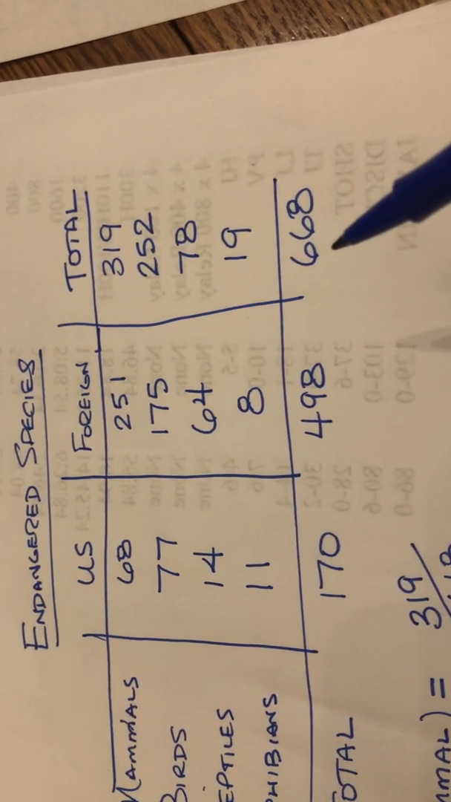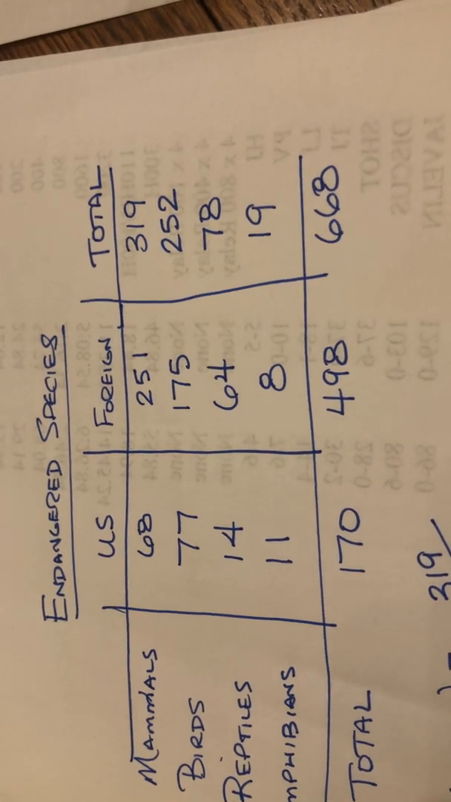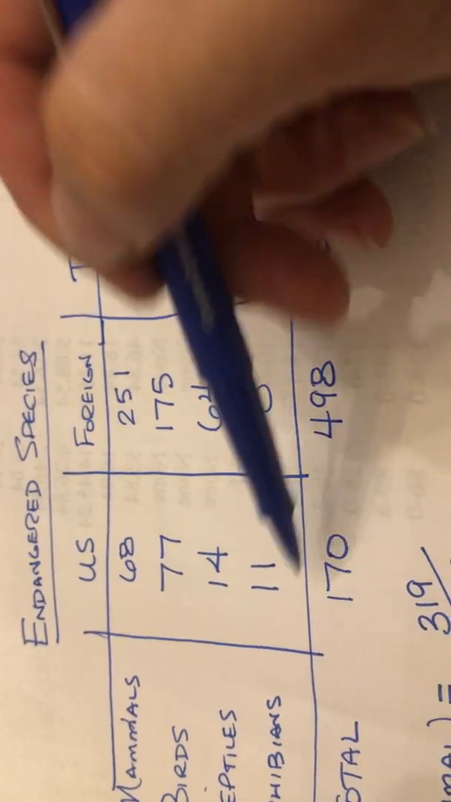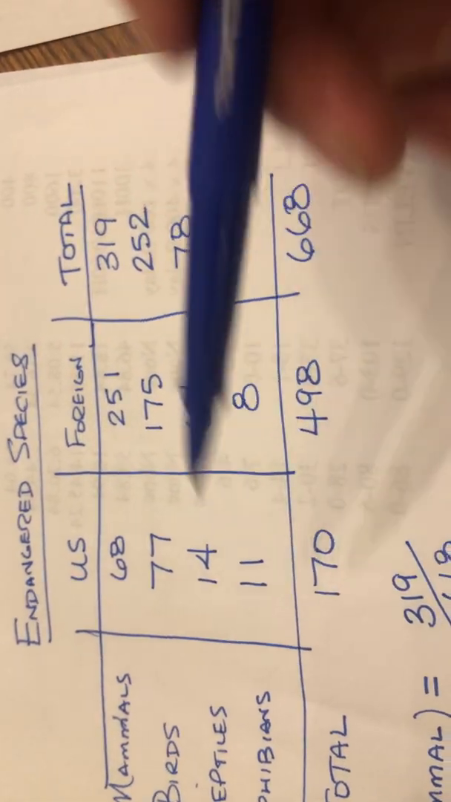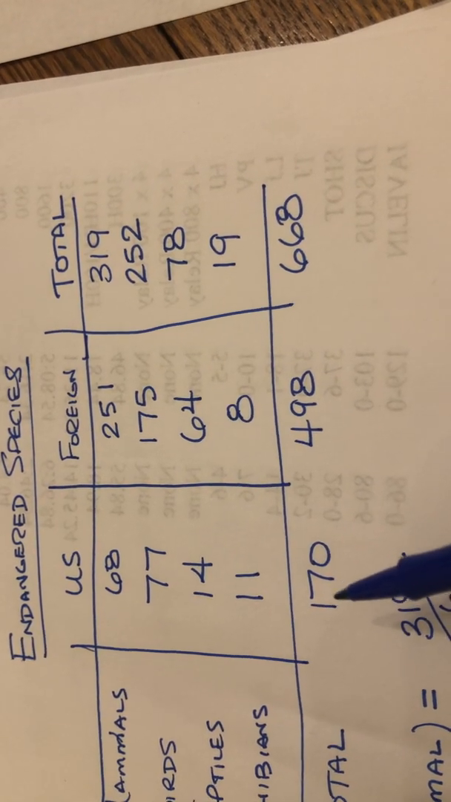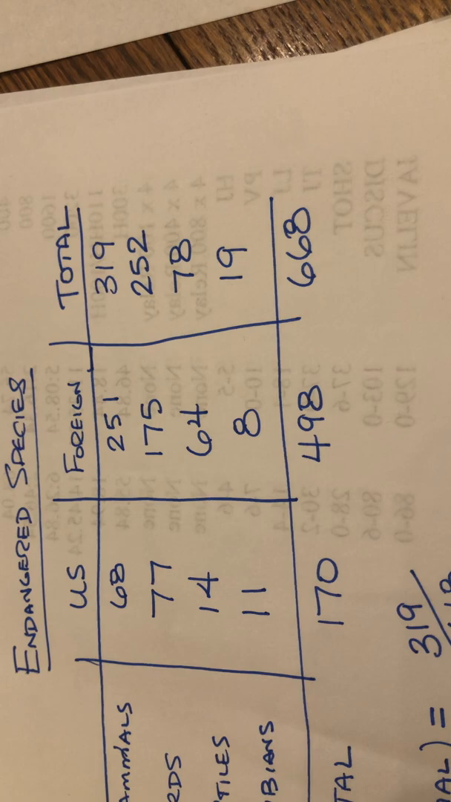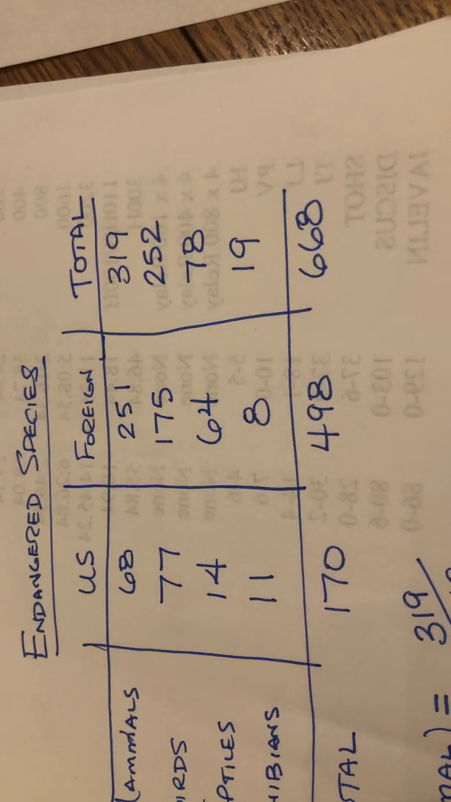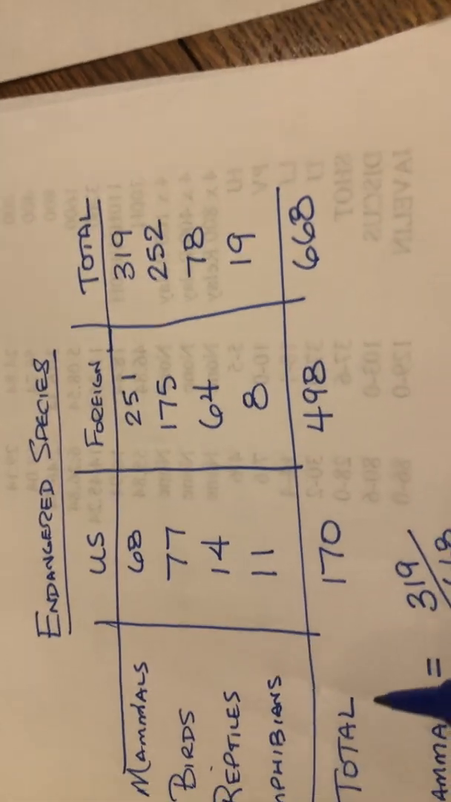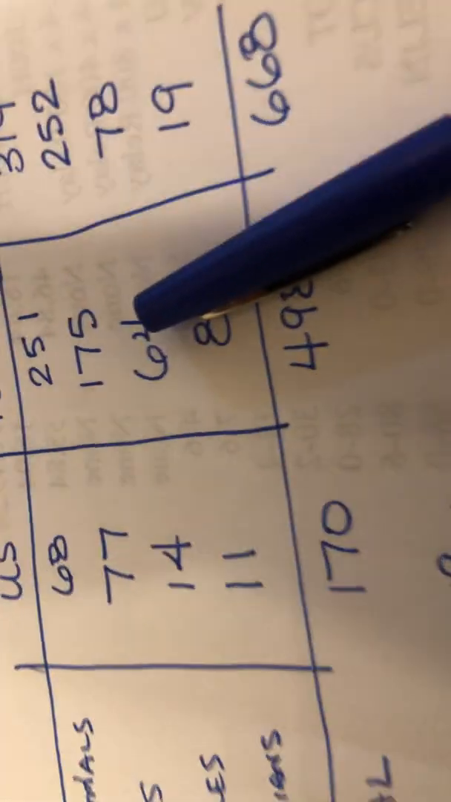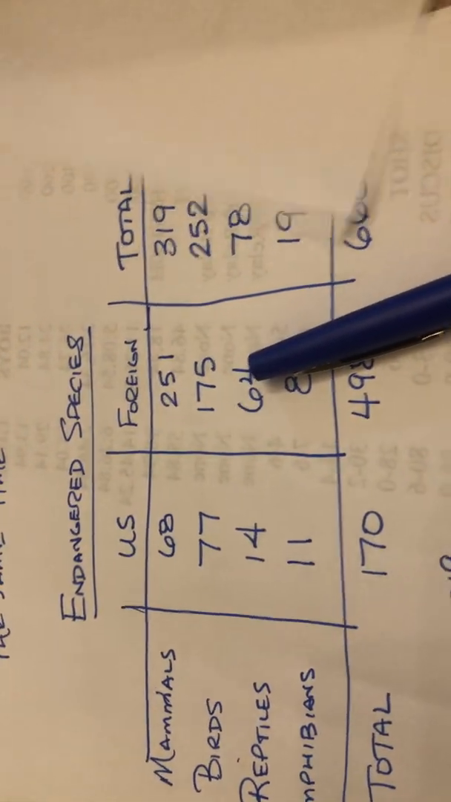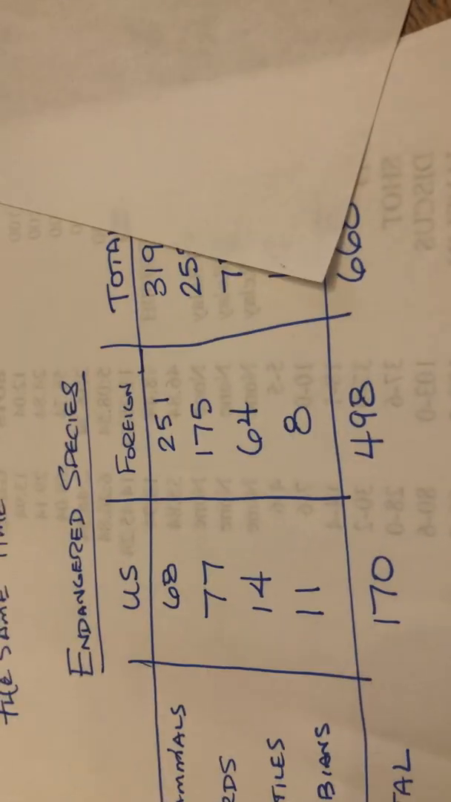Easy enough. The probability of it being in the United States. Well, there are 170 endangered species in the United States. There are 668 total. So if I do the probability, it's 170 out of 668. But the problem is that when I went about doing that, there was overlap. When I went across this column, let me grab a different color pen here real quick. When I went across the column, I was counting